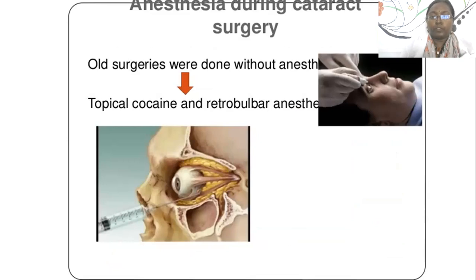Before taking the patient to the theater, we have to get the consent of the patient, and a xylocaine test dose has to be done. Injection TT has to be given. To anesthetize the eye, the routes are the peribulbar route and the retrobulbar route. The peribulbar route is used nowadays. Retrobulbar is not used because of complications, that is retrobulbar hemorrhage, which can lead to compressive optic neuropathy.